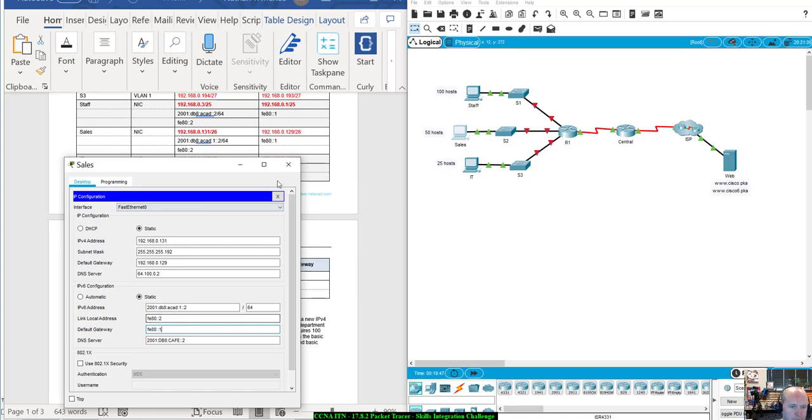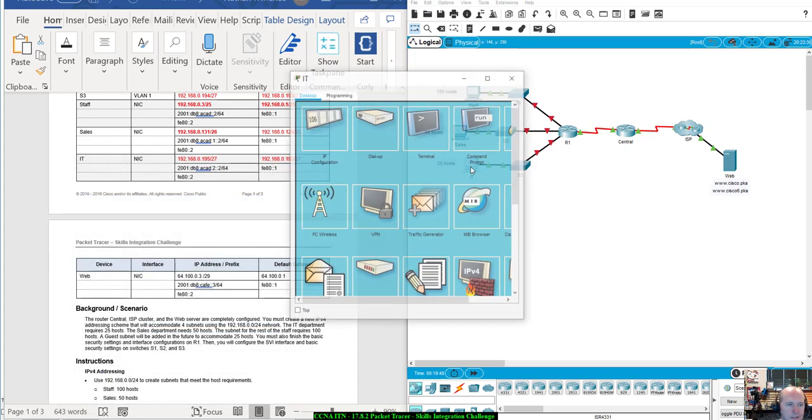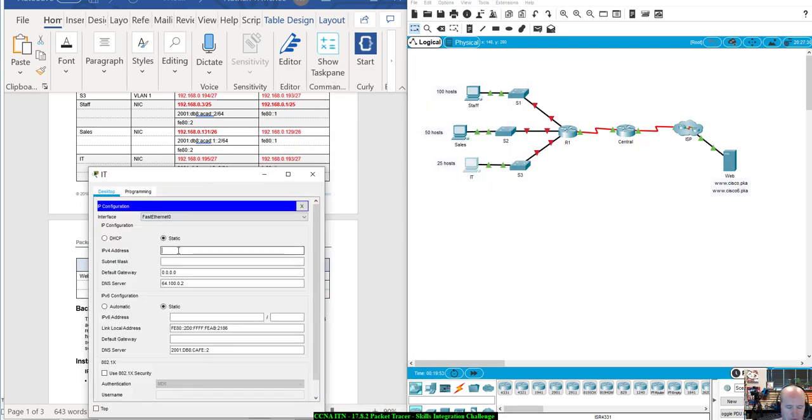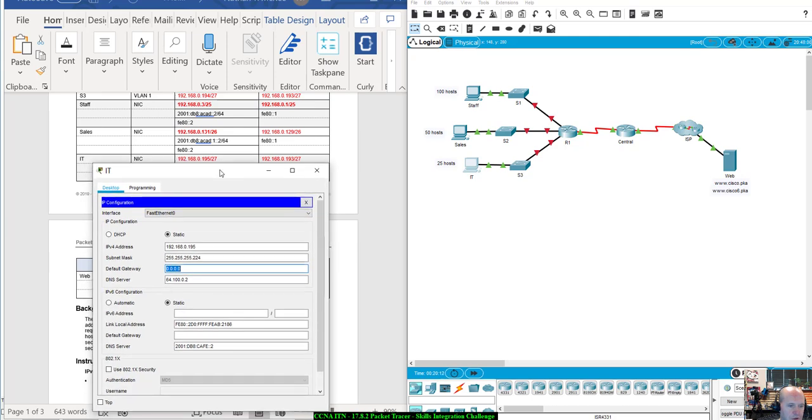All right, then IT, same thing here. 192.168.0.195. All right, it's a /27. So 1, 2, 3. So 128, 192, 224. Trying to do that with counting on my fingers. All right, default gateway